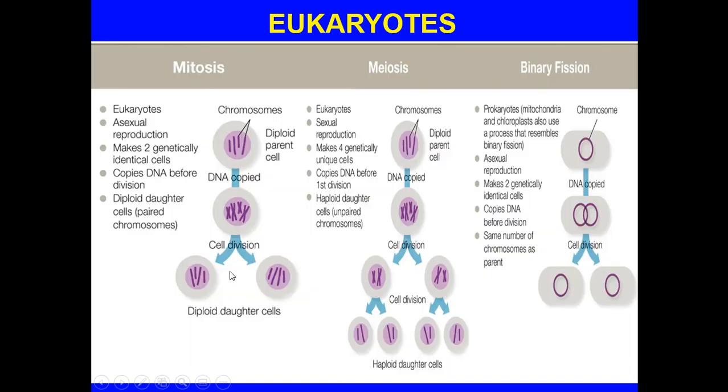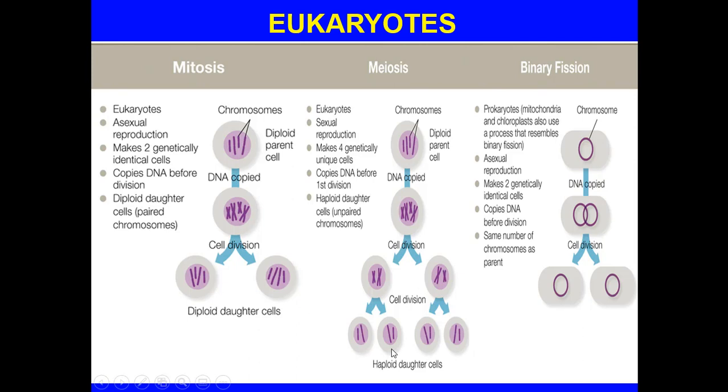I encourage you to take time to review this chart here, but as you can see, here we start off with mitosis, a diploid parent cell, DNA is copied, cell division, 2 diploid daughter cells. Meiosis is different. You have the process where you start off with diploid parent cell, but the DNA is copied, and then you have these reductive states where you don't have the time to make more DNA, so you go from diploid to haploid daughter cells.